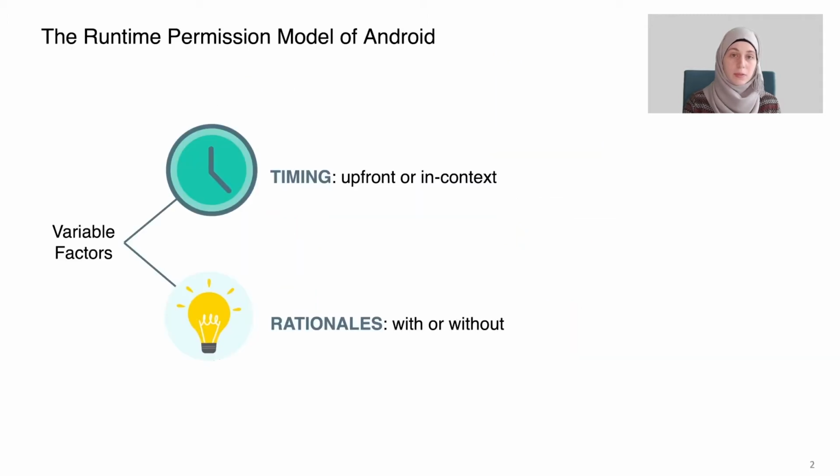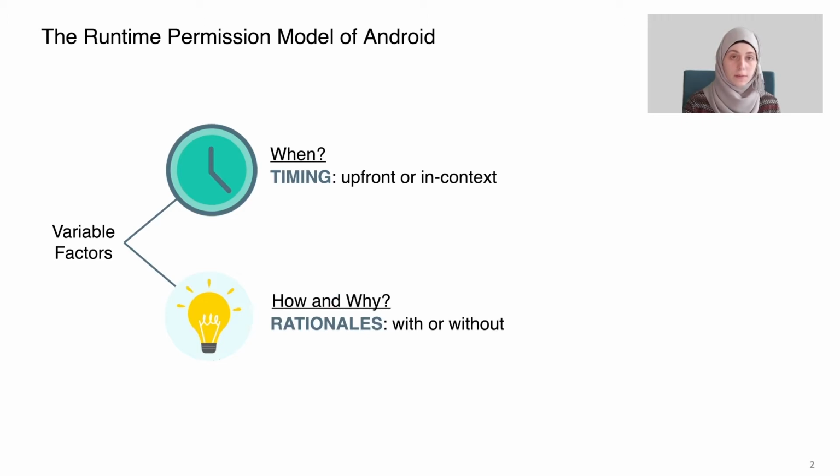In the current permission model of Android, permissions are requested at runtime. This means that while the user is interacting with the app, it might request a permission for which the user needs to make a decision. In this context, while the user decides which permissions to grant, the app developer has the freedom to decide when to request a permission and whether to provide explanations as to how and why the permission-protected